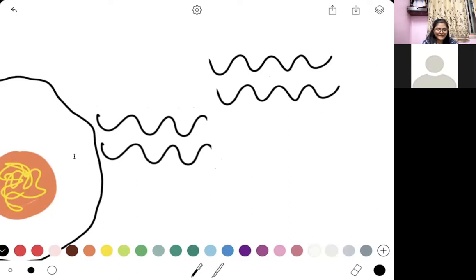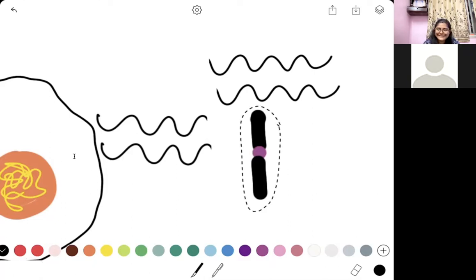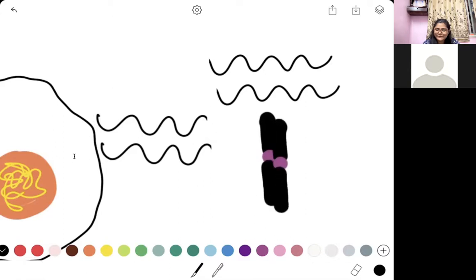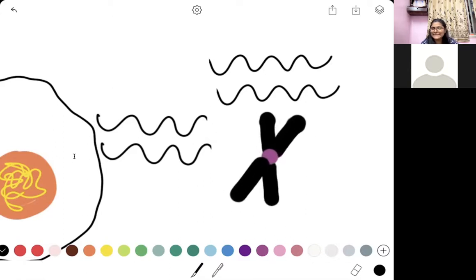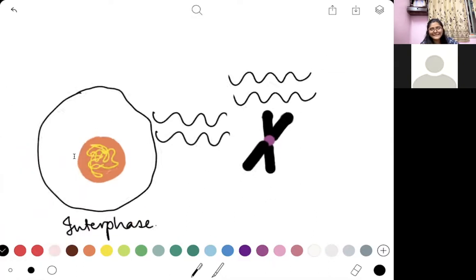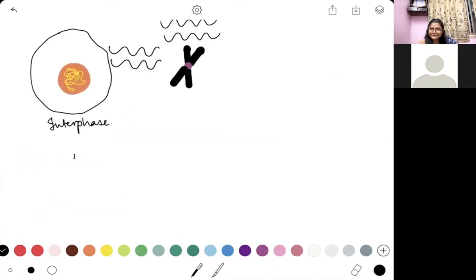Which means that if something like this existed before, where you had your information in the form of one singular chromatin, now you have the duplicated part like this, and it looks something like this. So you have the before and after picture over here. This is something that is taking place while the interphase is taking place. Is that making sense? Are you following what I'm talking about?